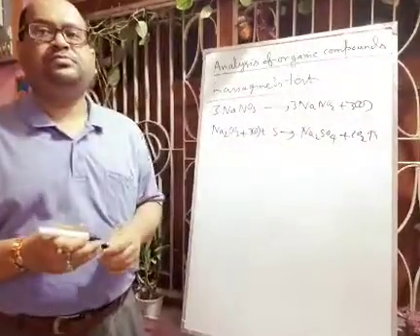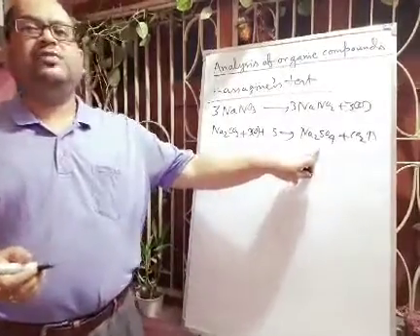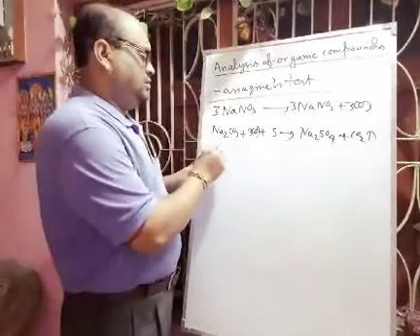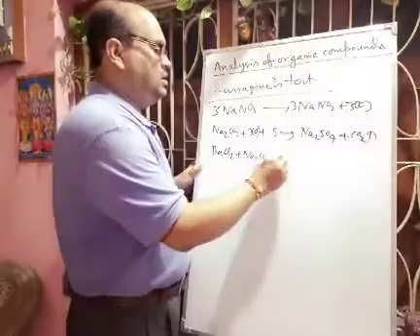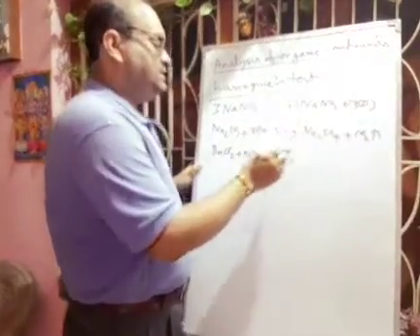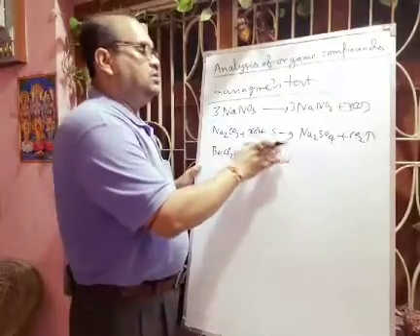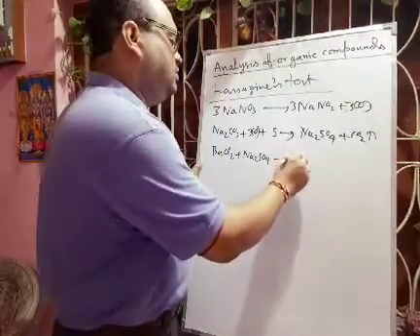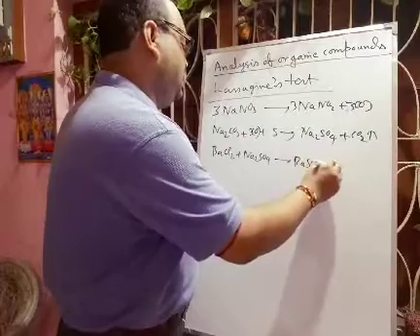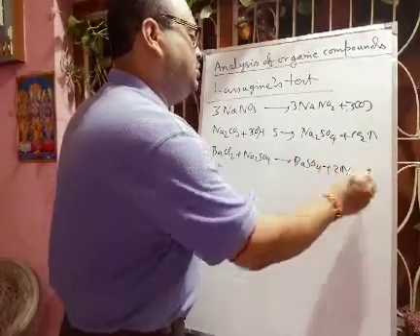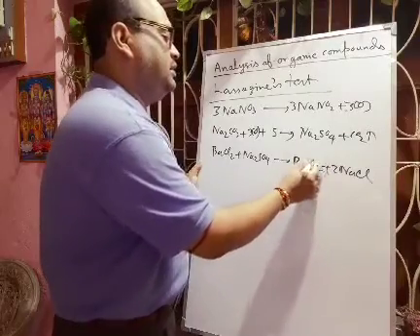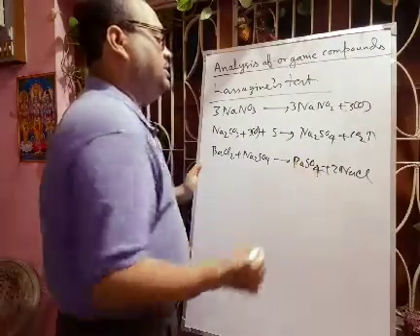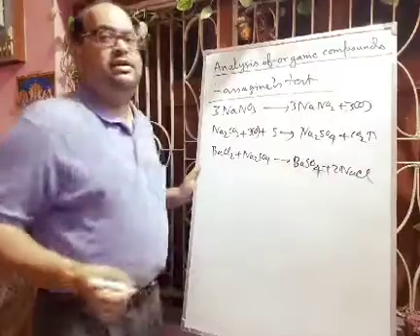Okay. Now this Na2SO4 will react with this barium chloride, BaCl2 plus Na2SO4. If you add HCl, okay, then it will not dissolve, because it will form barium sulfate, and there will be formation of NaCl, sodium chloride. Okay, so this barium sulfate is a white precipitate, and that is not soluble in HCl.